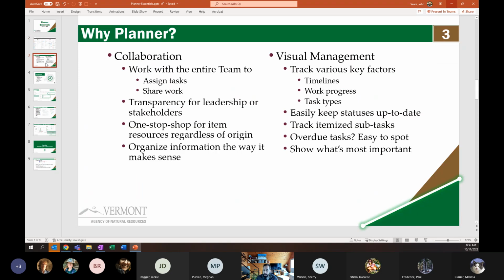So why use Planner at all? It performs two major functions. One is collaboration. It's a really powerful collaboration tool. It integrates really well with Microsoft Teams. It allows you to assign tasks. So if you're a manager overseeing a team, you can assign individual tasks to the relevant person, or you can